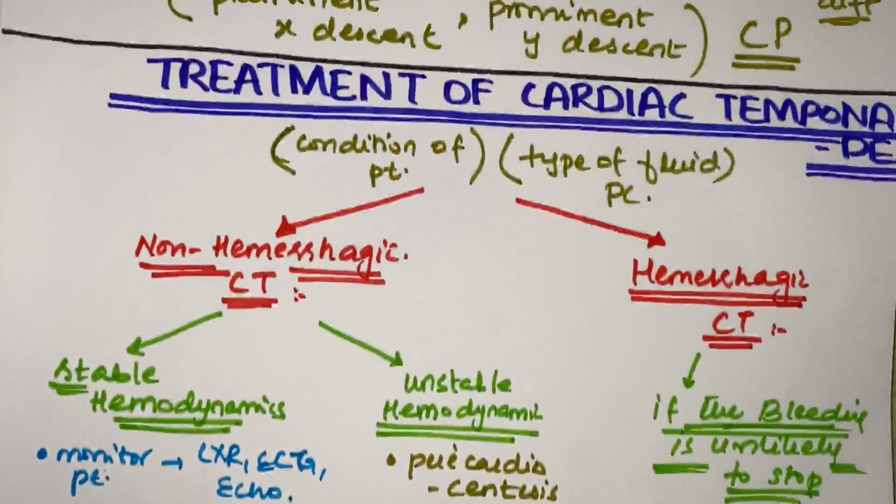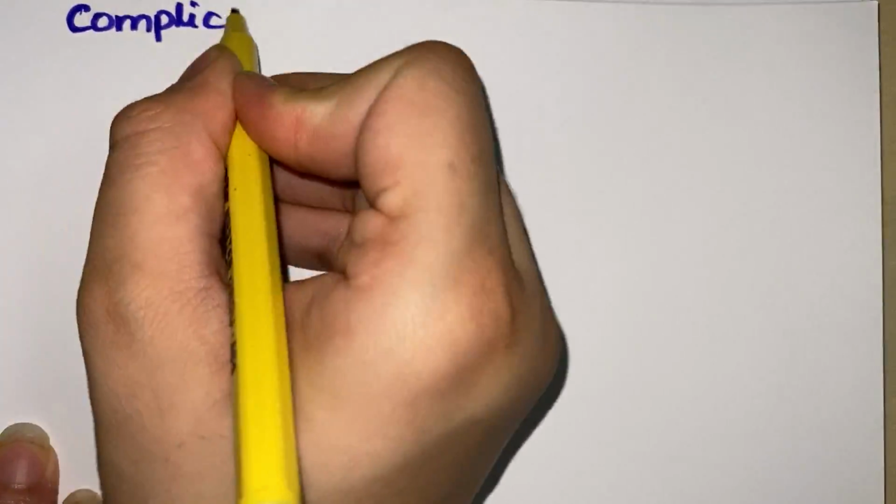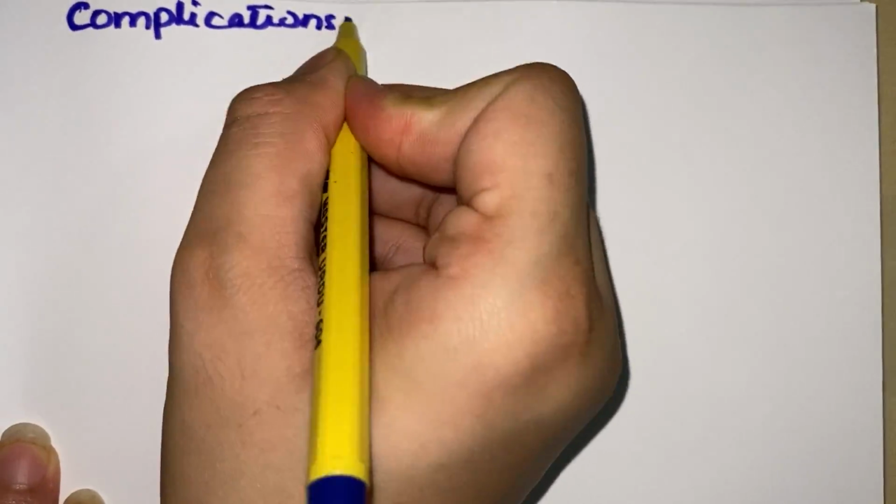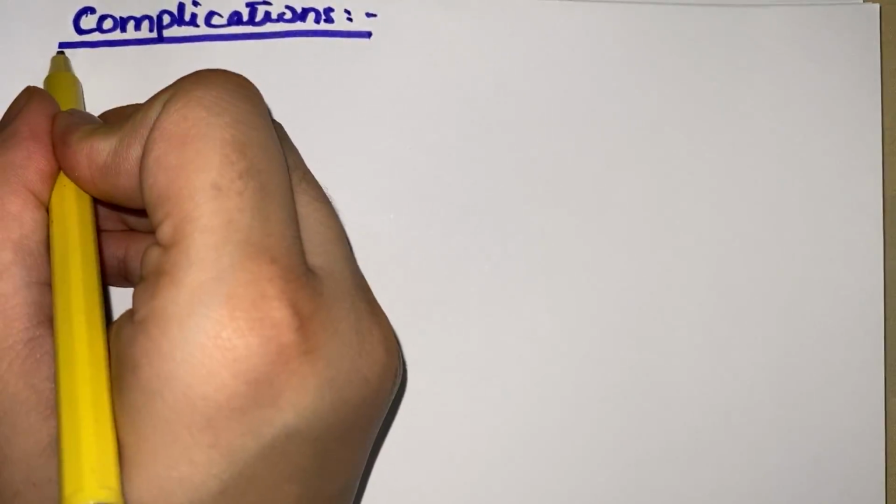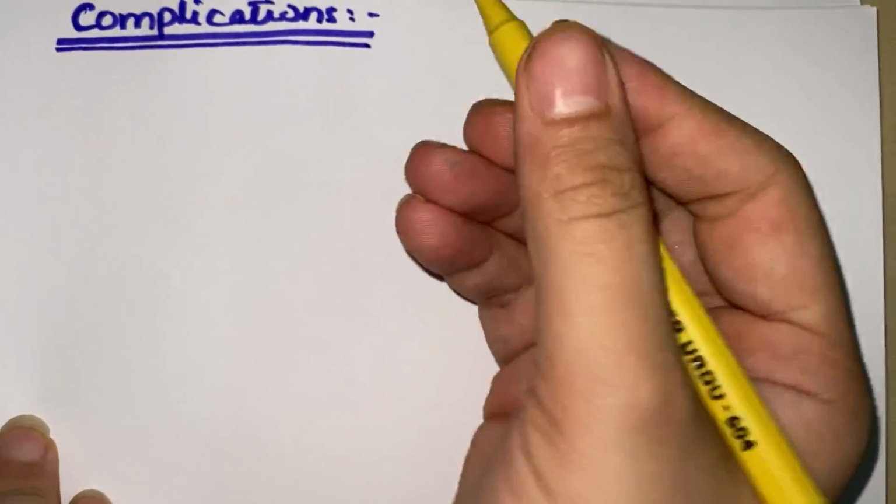Now my second part of the video is how this disease will cause complications, and what are the complications. So we just briefly discuss that because of cardiac tamponade, what sort of complications can be seen in a patient. Now I think there's no need for me to tell you those complications, because if you have heard my video on pathophysiology, you can easily tell the complications by your own self. How? Let me recall